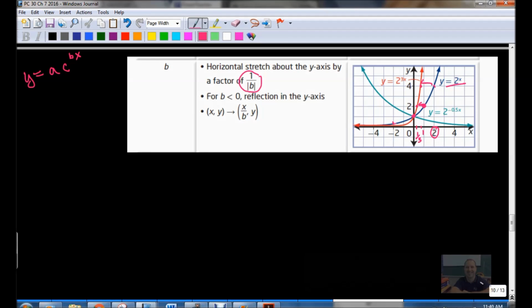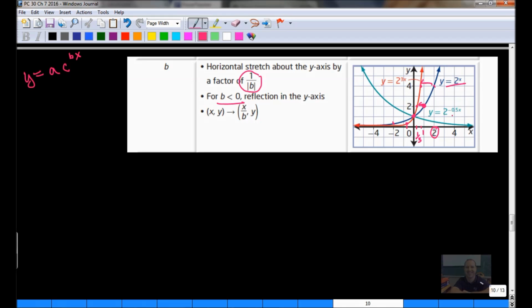And so it should be right over here. It should be negative 2/3, which is close. Okay, so the b value is a compression. And of course, if b is negative, like this over here, 2 to the power of negative 0.5x, well, we